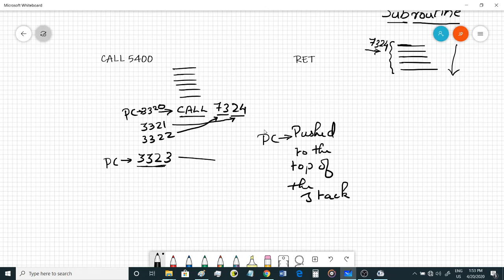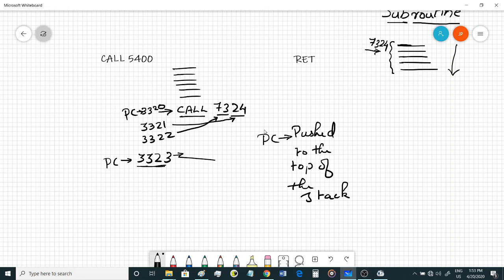Now there is a very interesting reason why it is pushed to the top of the stack. We'll be discussing that. It pushes the address of the next instruction. Obviously the program counter will have the address of the next instruction. We have already discussed it in the previous lectures.